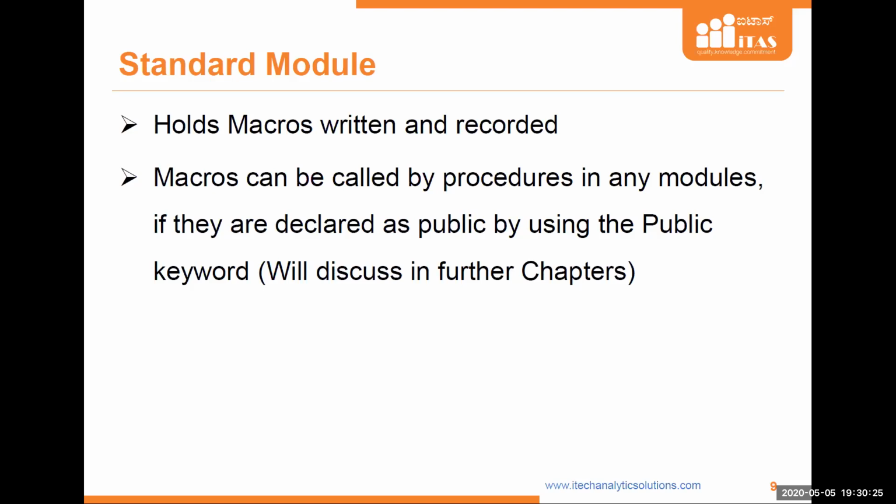And if that macro is declared as public somewhere, you can use that in the other modules as well. So don't be confused with this part. It is quite advanced. Using the public keyword, we'll discuss that in the further chapters.